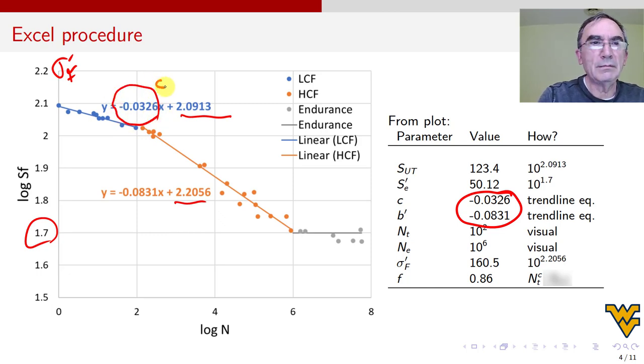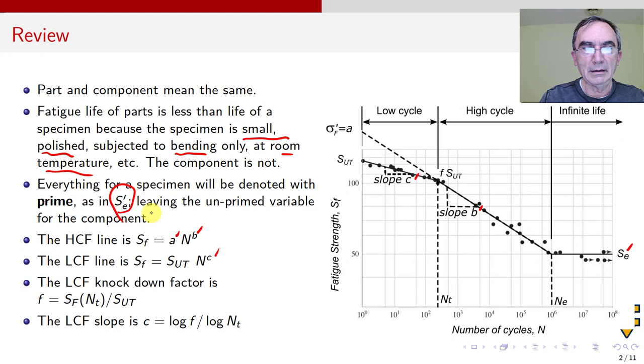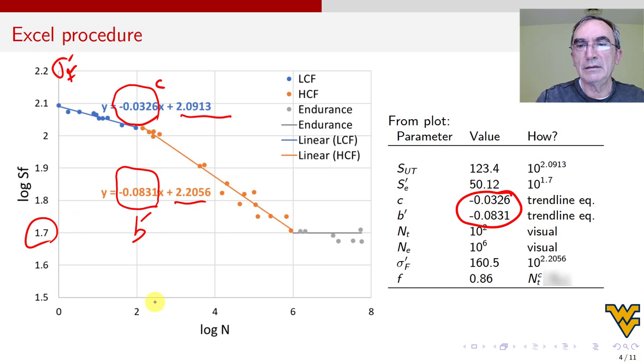Yes, and the slope, well, C prime, it's the same. And this is B prime. Yes, directly. And I thought, oh man, I don't have to put the log or the 10 to the x on those. And how do I know? I go back to my trusted equation that I derived last video. C is log F divided by log NT. NT is 100, okay, I pick 100. And F, I just calculated it's 0.86, but I got it. And so I'm convinced, and this is negative, yes.